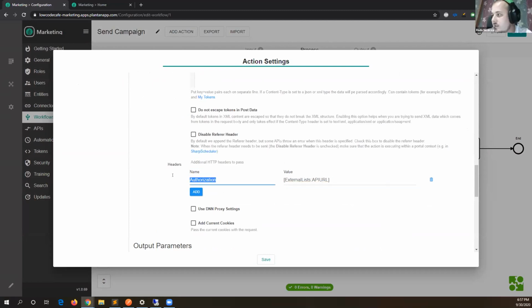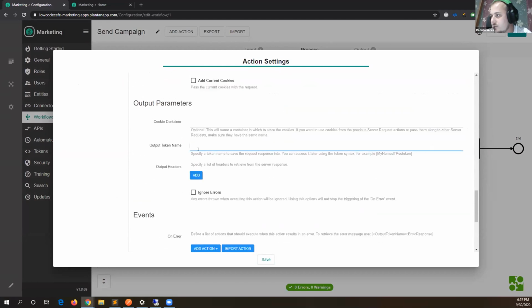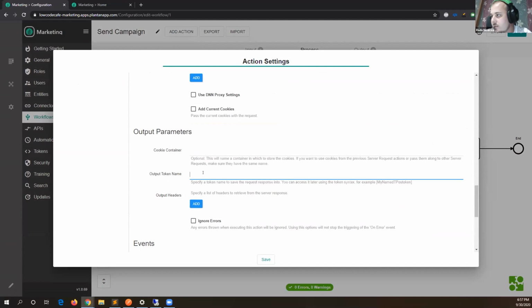Sorry, authorization header. Authorization header, and I need to output the token. Let me see. Oh, so I don't have any. I think I named it